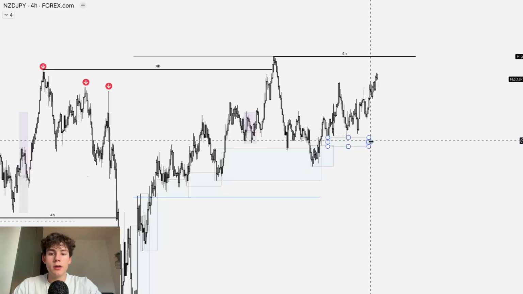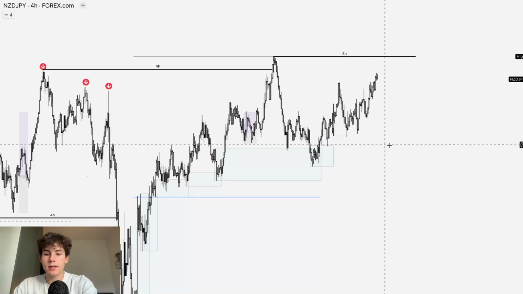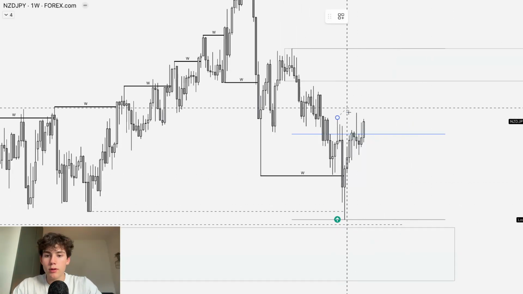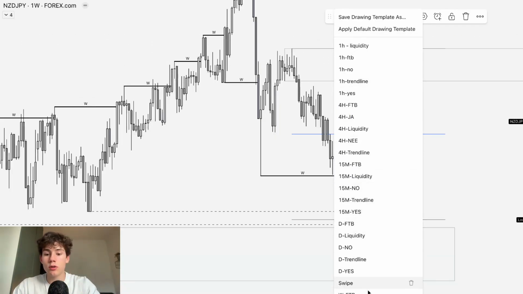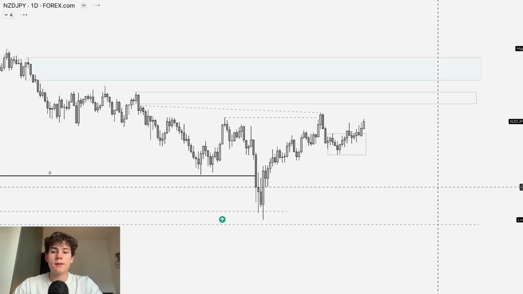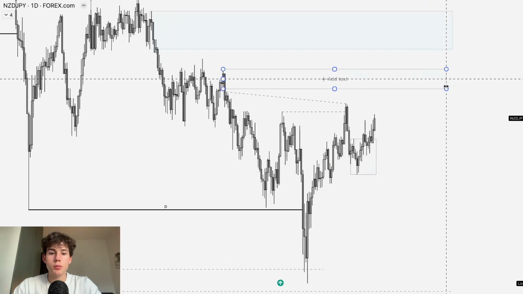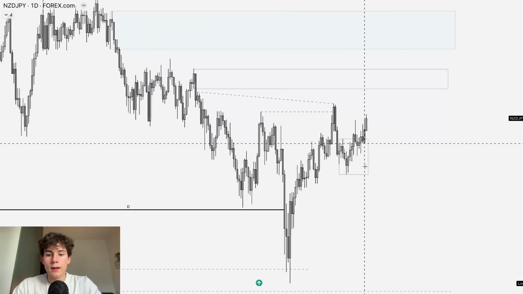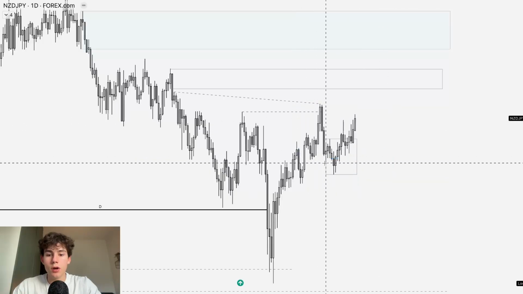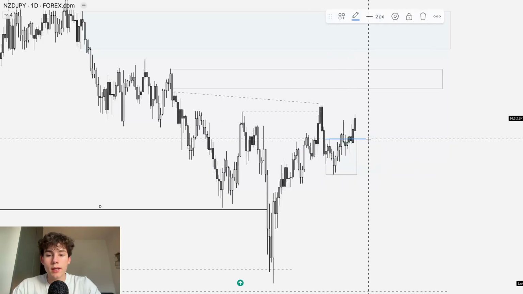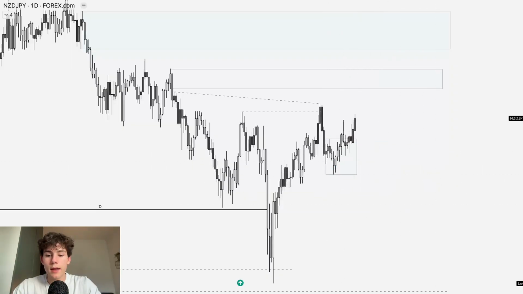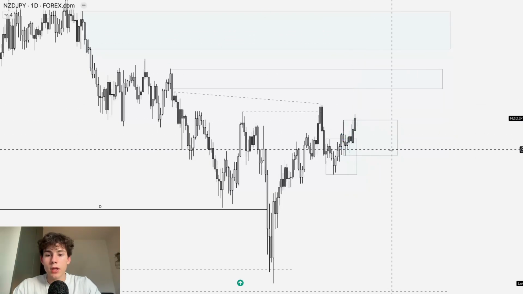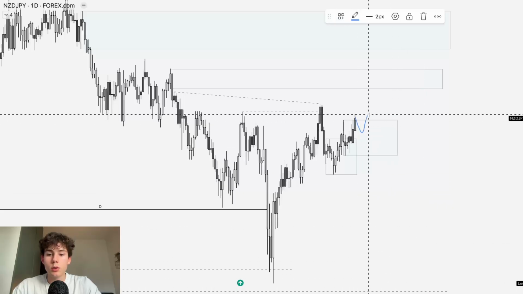On NZD/JPY, what am I looking at? So let's see. On the weekly time frame, we grab liquidity above the high, so that's quite important. We grab liquidity above these highs, which could push price down lower. Looking at the daily time frame, we still have open supply with some more liquidity, but we did have that liquidity that we took out and caused this supply to be created, but we already caused a new supply to be created, which we then broke. So then we caused a demand to be created, and now we caused a new demand to be created on Friday after breaking that high. So now this is your demand in control, and you could push up higher towards that high.